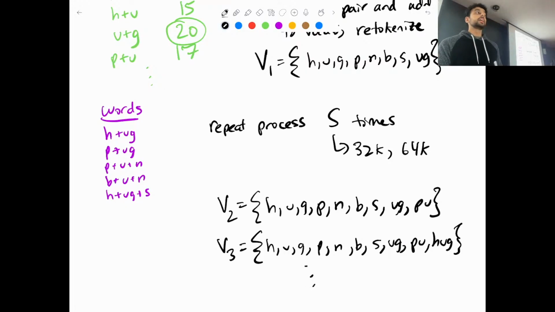So you can see how as we iterate and do more and more steps, we'll start to form longer words, right? Like we eventually will have a lot of common words in our vocabulary just because they occur a lot in the training data set. Like here, hug is already in the vocabulary because of its frequency of occurrence. And so in general, we observe that when we run this process on real data, we get a good number